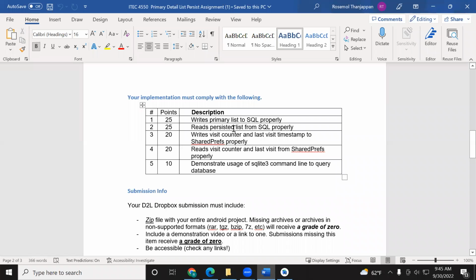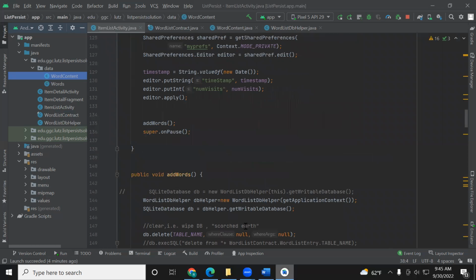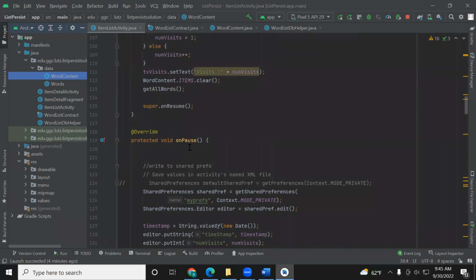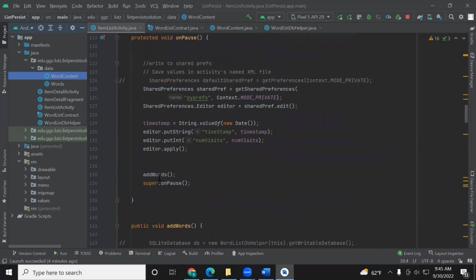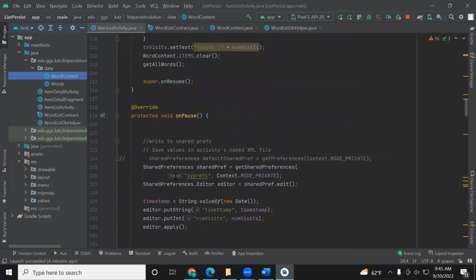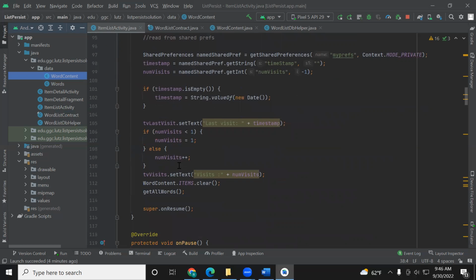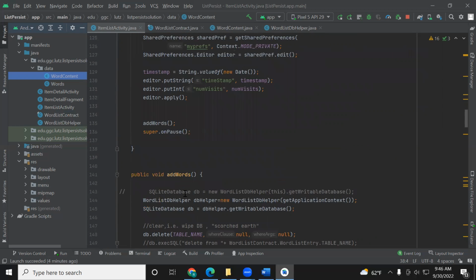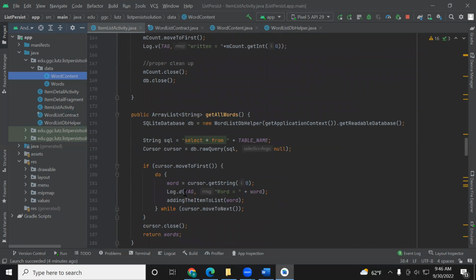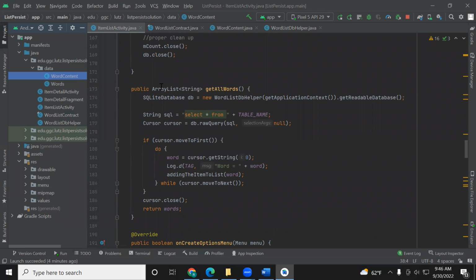Reads persisted list from SQL properly. So in the on pause method, values are saved with add words method, and on resume method, the values are read using get all words. So get all words method returning an array list of values. So it is like